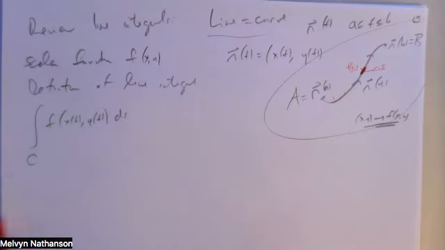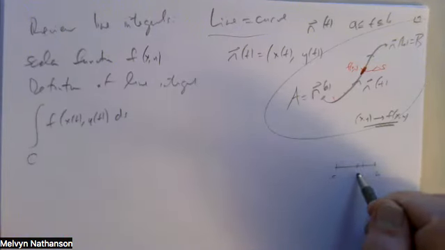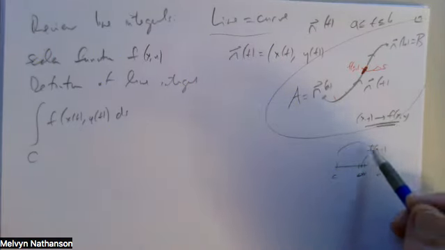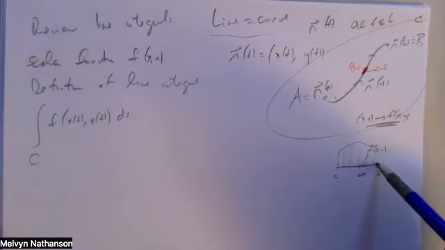So there's a definition which is completely analogous to the Riemann integral in Calc 1 and 2, where you had an interval from a to b, you divide it up into pieces of size delta x. In each piece, you picked a point and you computed f(x). You take f(x) times delta x and add up those pieces. And you take the limit, and that was the definition of the integral of your function. One interpretation of which was the area under the curve. So the analogous thing in the plane, when you have a curve replacing the interval and a function defined on the curve,